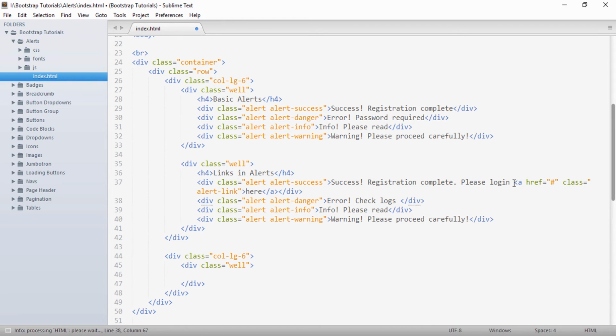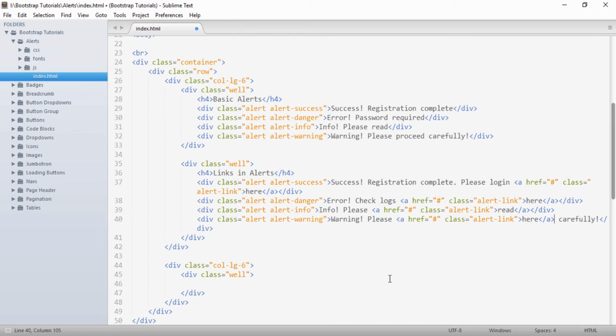So I'll do something like check logs here, and to info I provide, say, something read inside a link, and here, say, I give proceed inside a link.